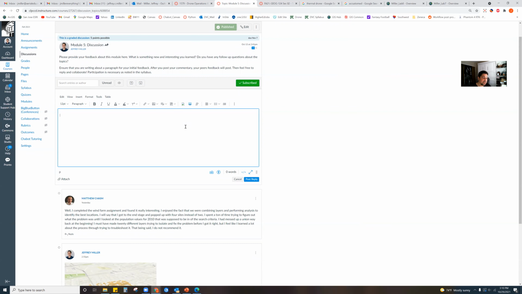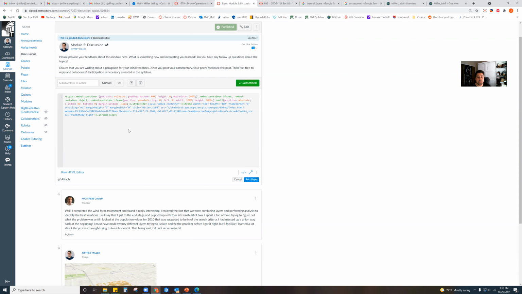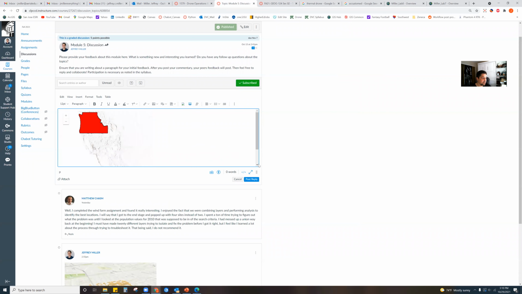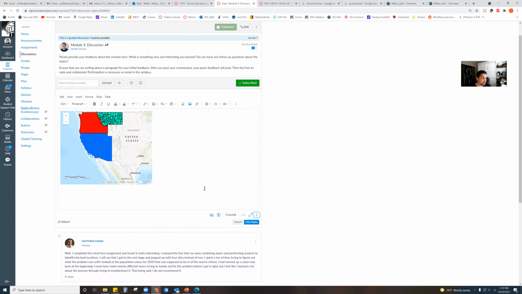Here's another way to try this. If you go over to this little button here, which is the HTML editor, if you click on that mode, and then just at the very top of your comment, paste your embed code, right? So you end up with all this stuff. Then go back to the regular text editor. Your map should show up like this. Okay. Now, if I post it,